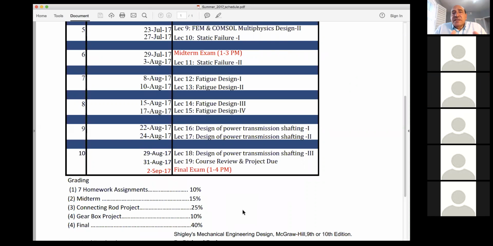So as you will see here, the idea is to enable you to use 4 different pieces of software: MATLAB, SolidWorks, COMSOL, and Abaqus. And all of these 4 are fundamental now in real world applications of mechanical design.